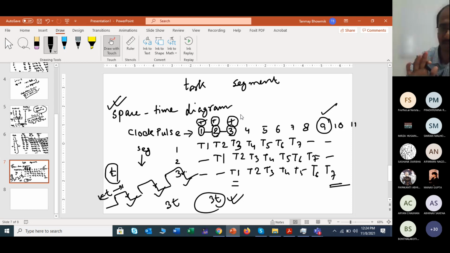Otherwise, your concept was clear, because you were thinking of the total time from here to here and checking the duration in between. In that sense you are talking about 2, but in reference to calculation it is 3t. But you are thinking correctly in that you are considering the whole time. In that sense, you are correct. So now when you think later about this duration, this duration, this duration, then again we will have some other calculation.